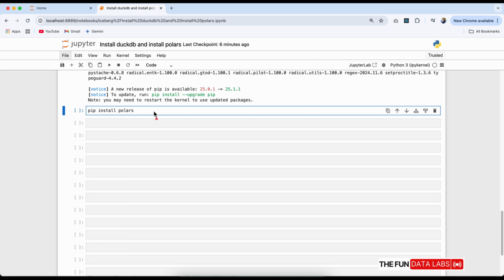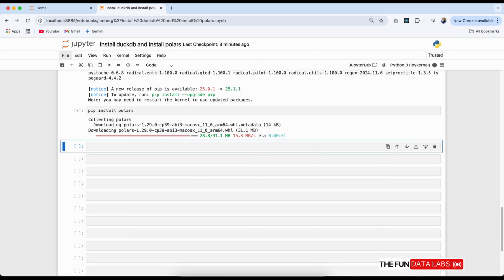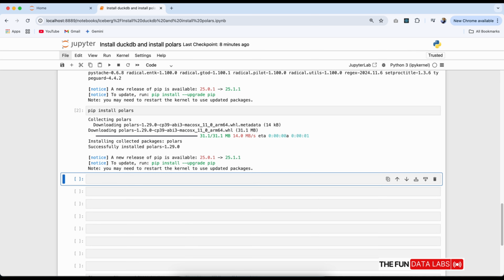Polars provides a powerful and efficient alternative to pandas, especially for larger data sets. It has both eager and lazy execution models, with the lazy model being particularly useful for optimizing query plans. What's great about Polars is that it has native integration with PyIceberg, allowing you to work with Iceberg tables directly